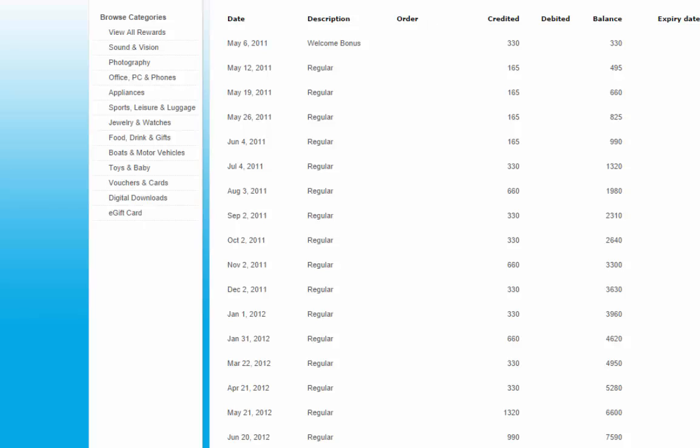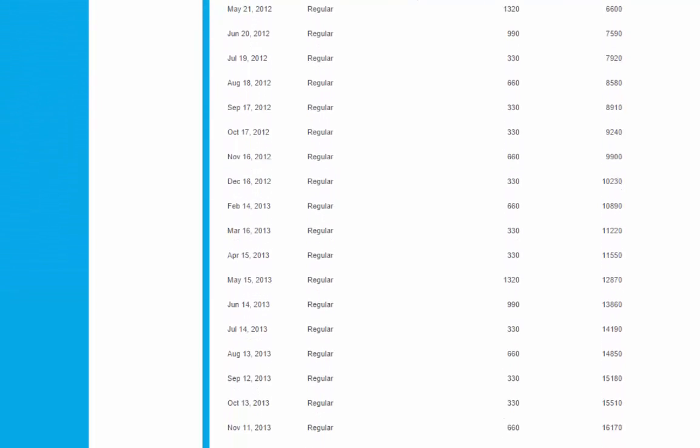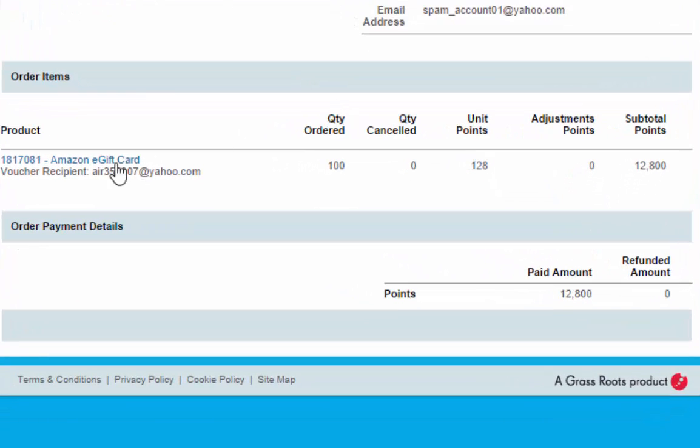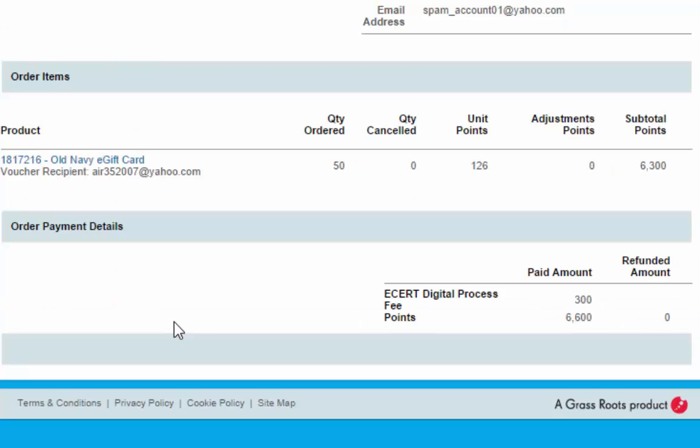I'm going to click on my points here real quick and just show you. When I first started, I was getting about 165 points a week. You can see I've been with them for over 3 years, about 4 years. I can't count. But you'll see that my balance just steadily continues to increase over time. And then back in May of this year, I realized that I hadn't checked my balance for some time, and I actually cashed out. I'm not sure what kind of detail it'll give us here, but I cashed out a $100 Amazon gift card there, and I believe this was an American Eagle gift card here, Old Navy, for $50. So